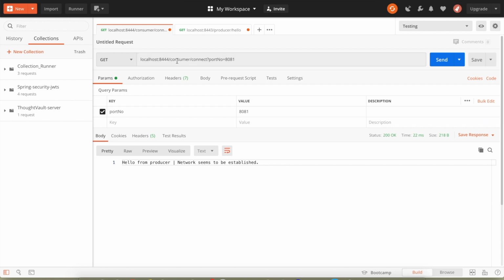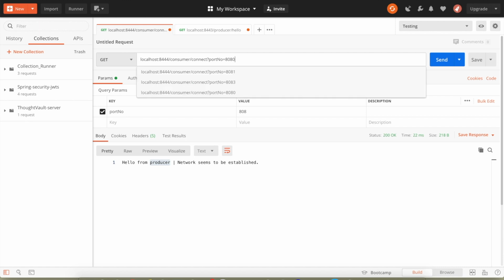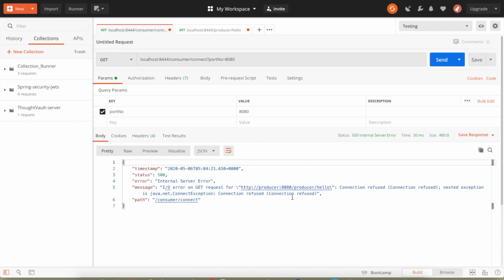We are invoking an API endpoint connect in the consumer container, but the response is coming from the producer. So if I change this port number to 8080, right now no container is running on 8080, nothing is exposed on 8080. So it says connection refused, because obviously there is no connection between the consumer and the producer where the port number is exposed as 8080. So this is how the containers can communicate internally with the use of Docker networking. We just have to map all the containers to the same network. Okay, and then those containers will be able to connect to each other, listen to each other, and do all those things which are necessary.